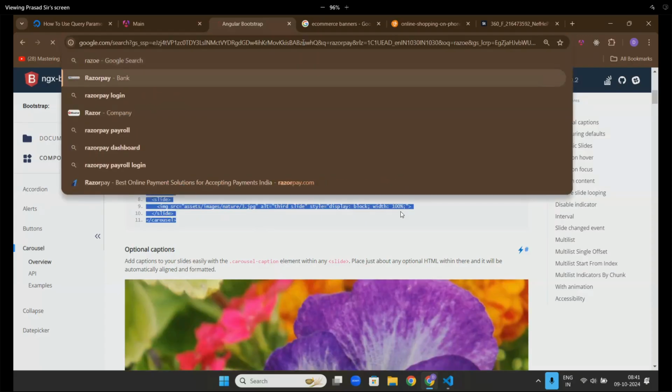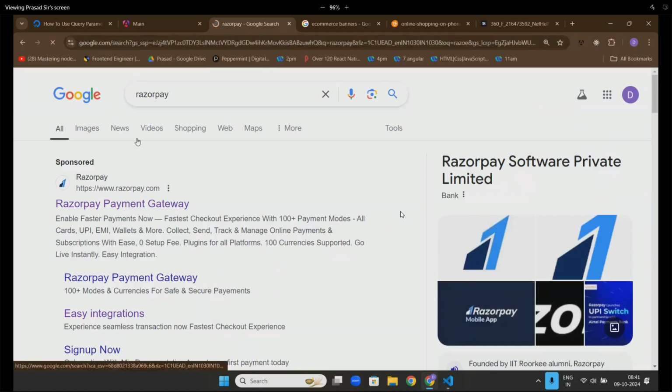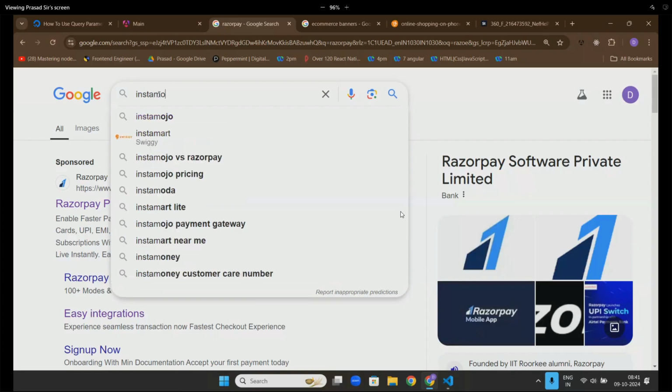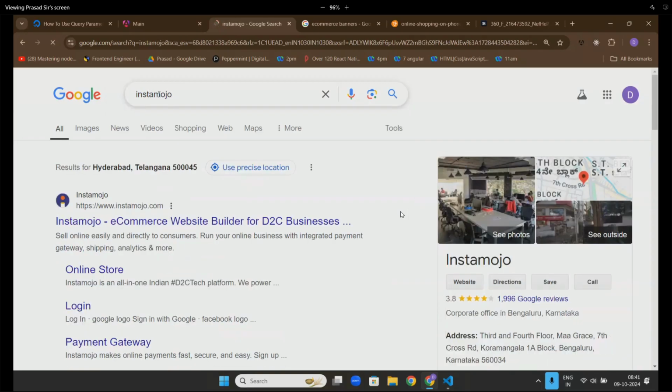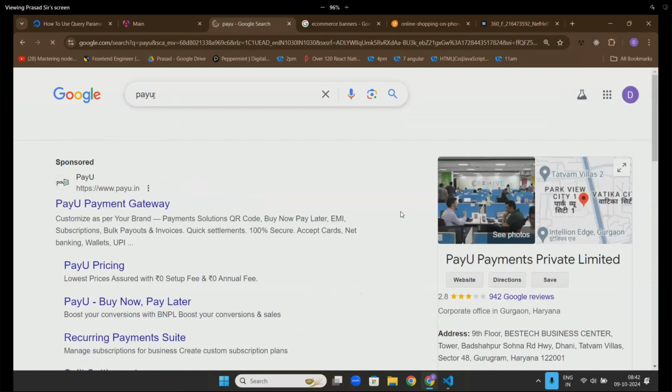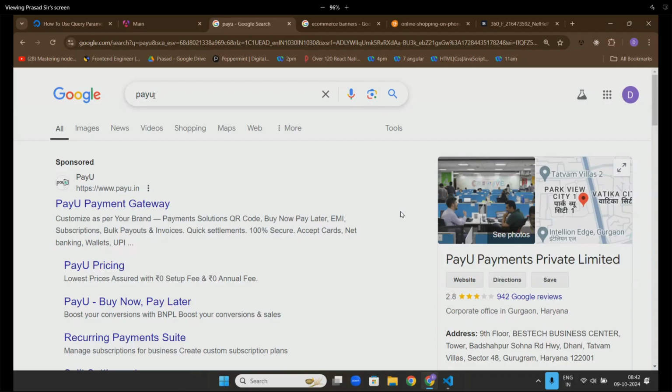Now, there are some payment gateways like Razorpay, or InstaMojo, or PayU. If it is a payment gateway, sir, you don't need to pay for the services initially.